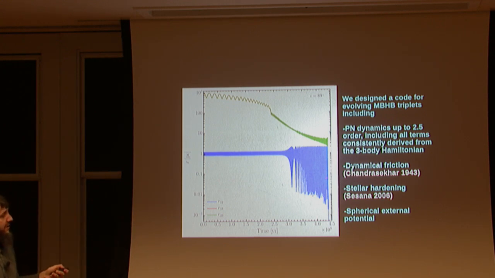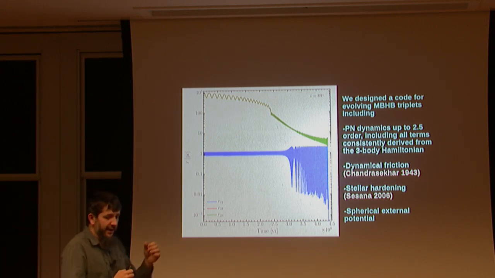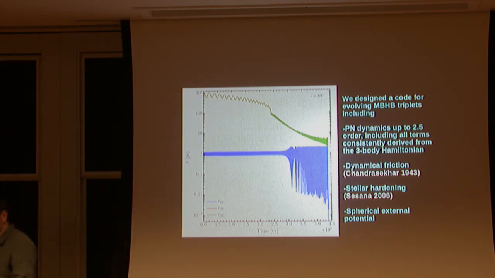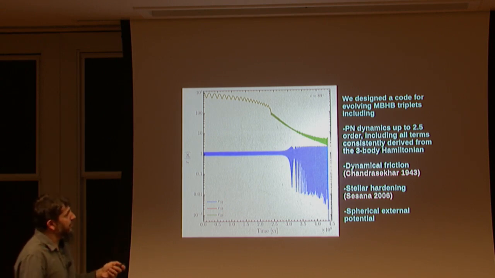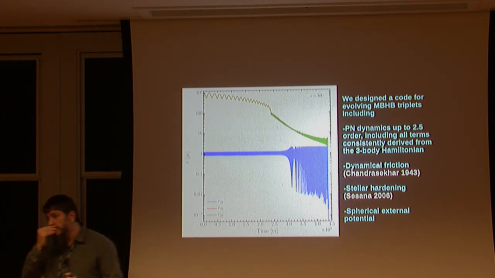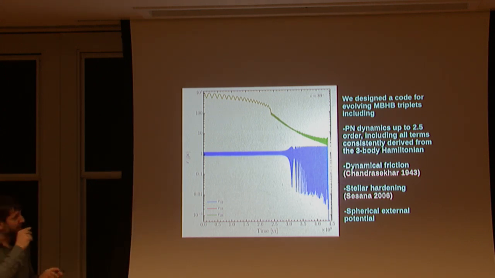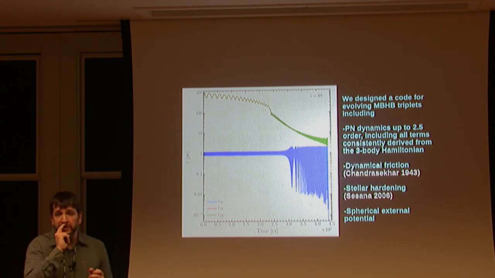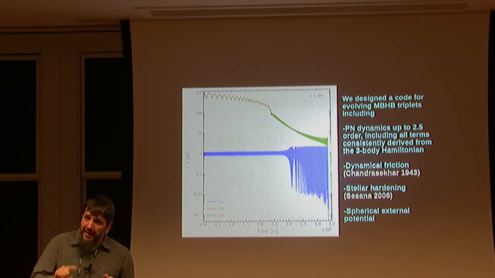In particular, we had a simple prescription for dynamical friction. We have implemented an orbit-averaged prescription to mimic the stellar hardening in the three-body phase. And then we include an external potential, to include also precession of the binary, that is spherical for now. And we include post-Newtonian dynamics up to the 2.5 PN order. And the nice thing about this is that we actually derive this 2.5 PN order self-consistently from the three-body